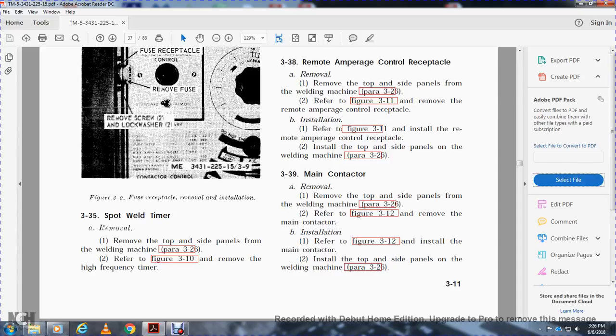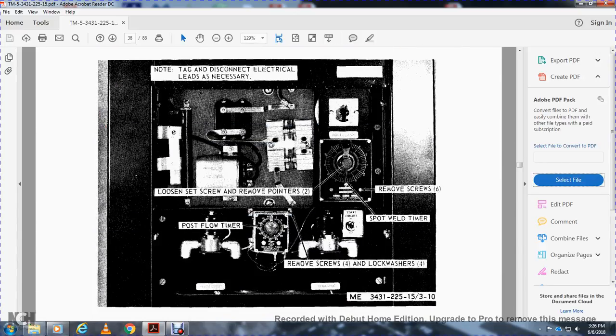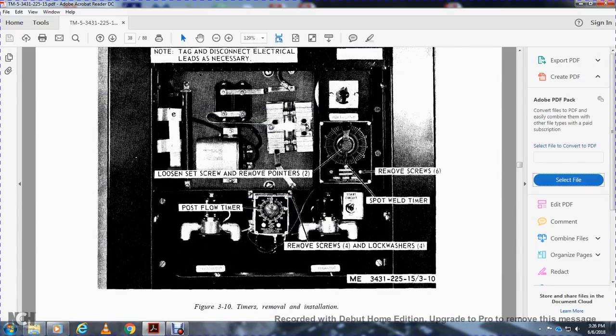339, main contactor. Remove the top and side panel with the welding machine. Paragraph 326, refer to figure 312 for the removal of the main contactor. Installation: refer to figure 312 for the installation of the main contactor. Install the top and side panel with the welding machine. Paragraph 326,